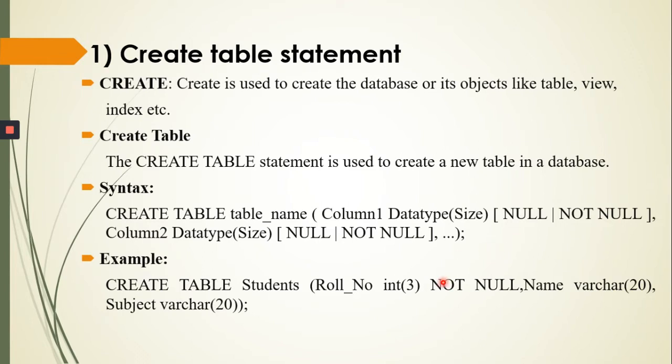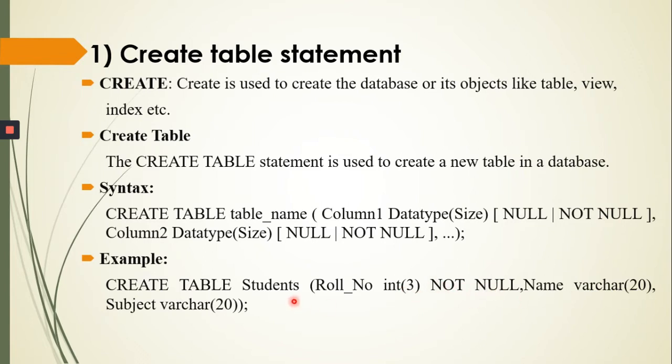See here, we are creating one table, that is student. So create table, and I am giving the name student. You can write any name according to your perspective. In brackets, the first column is roll number. The data type of roll number is integer, and I am giving the size 3. Now I am giving the constraint not null. Not null means the students must have a roll number; the value must not be empty. So I am giving the not null constraint here.